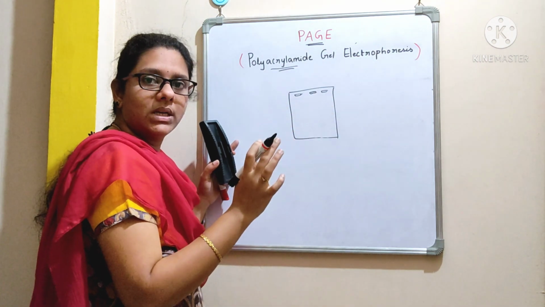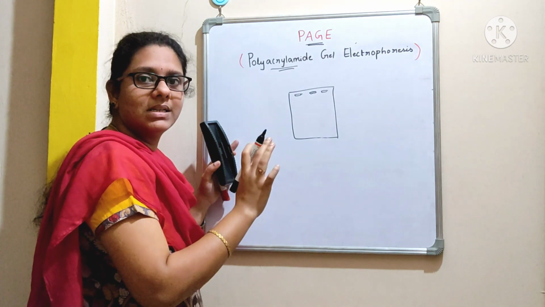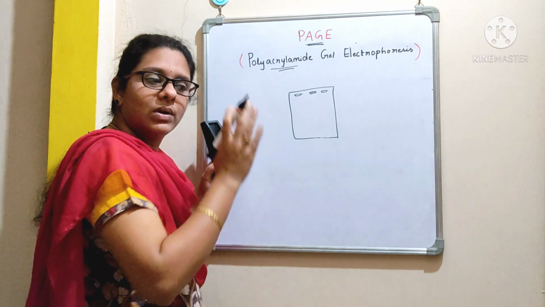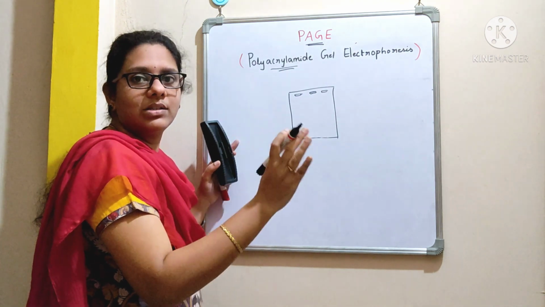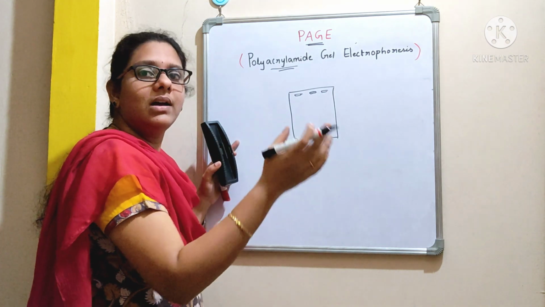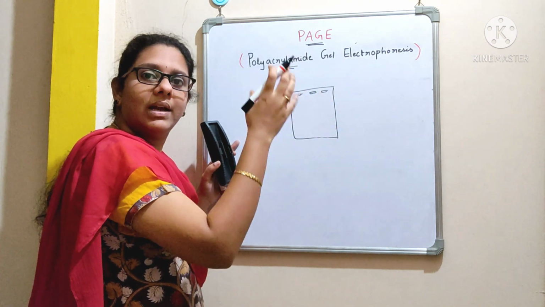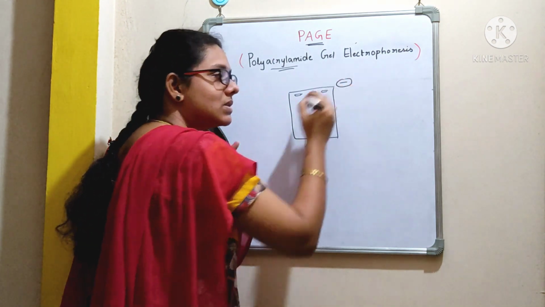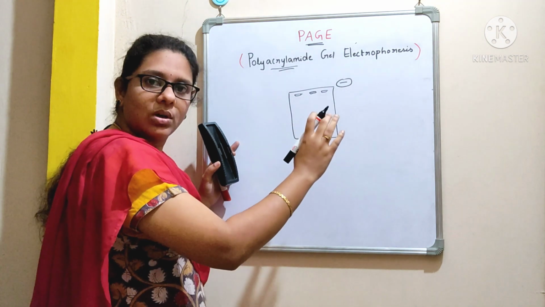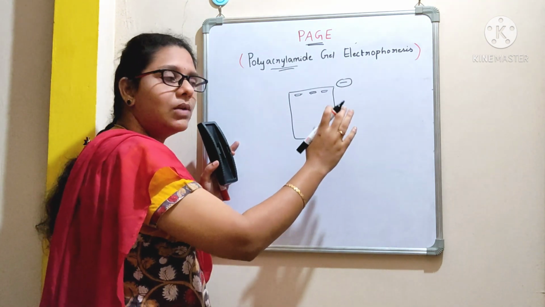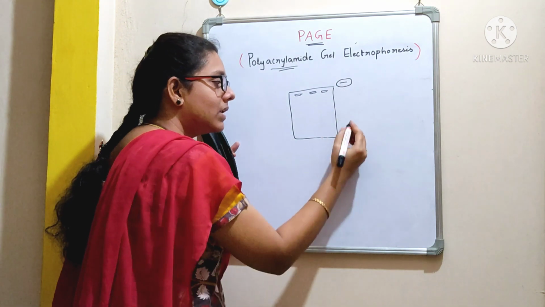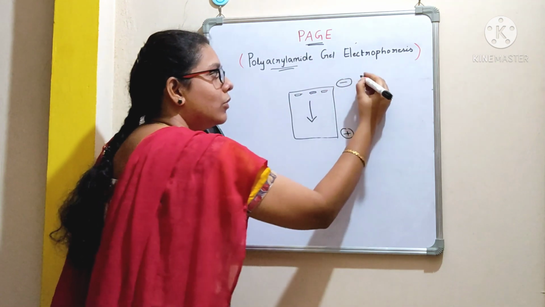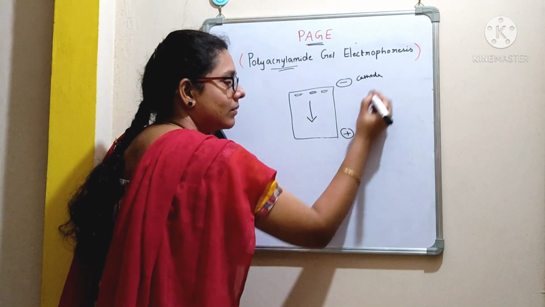Now before you load a protein sample, you are going to treat it with SDS and mercaptoethanol, and that SDS will denature the protein, right? It will denature the secondary and the tertiary structure of a protein, and it will give a negative charge. That is, all the proteins will attain a uniform negative charge. Now when you switch on the power, under the influence of the electric field, what will the proteins do? They move from the negative charge to the positive charge. This is the direction. Okay, they move from cathode to anode.